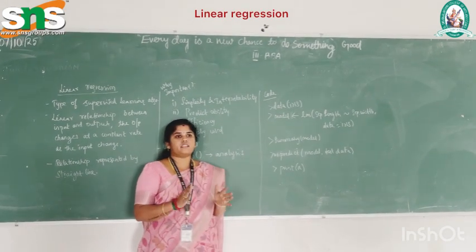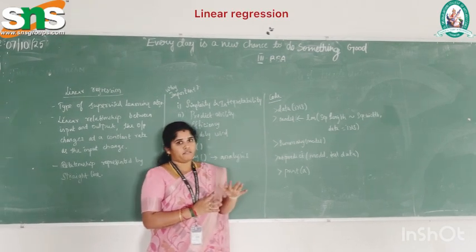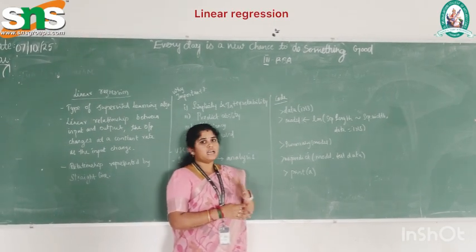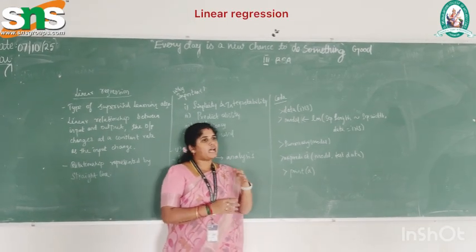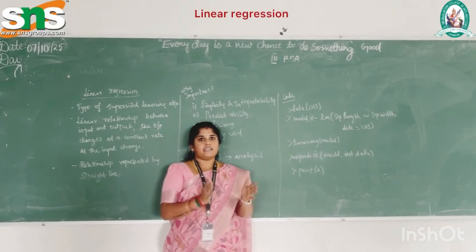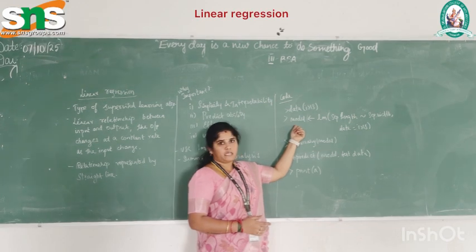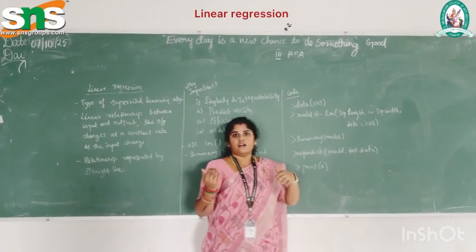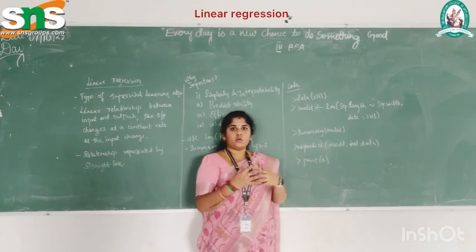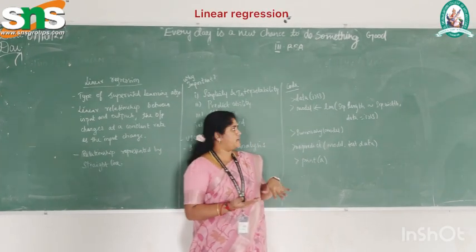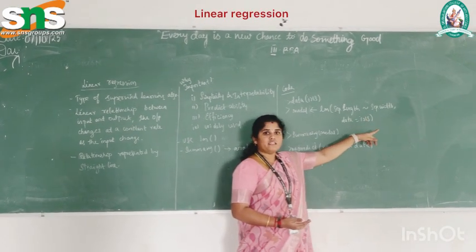This is the data analysis of the iris data set. The whole iris data set we are going to read. It contains 150 rows and 5 columns: sepal length, sepal width, petal length, petal width, and finally the classes. Here I am going to analyze the iris data through the linear regression model. For that I am using model as the variable, and I create the function lm. In that function I add the dependent and the independent variable. Here I am setting sepal length as the independent variable and sepal width as the dependent variable.